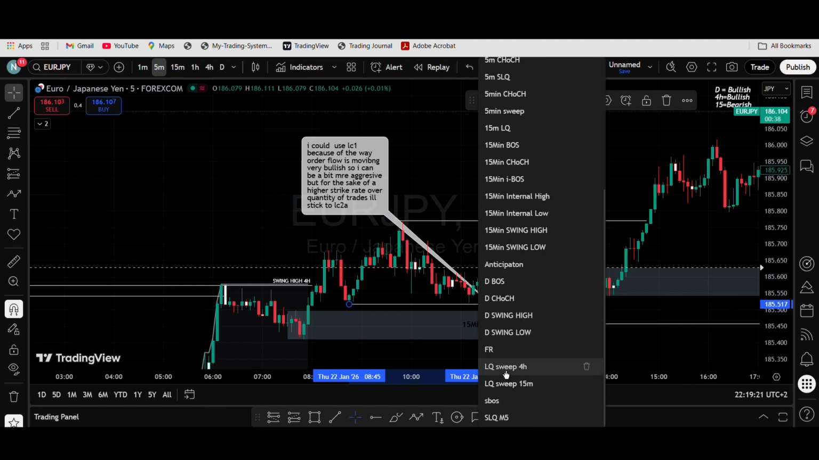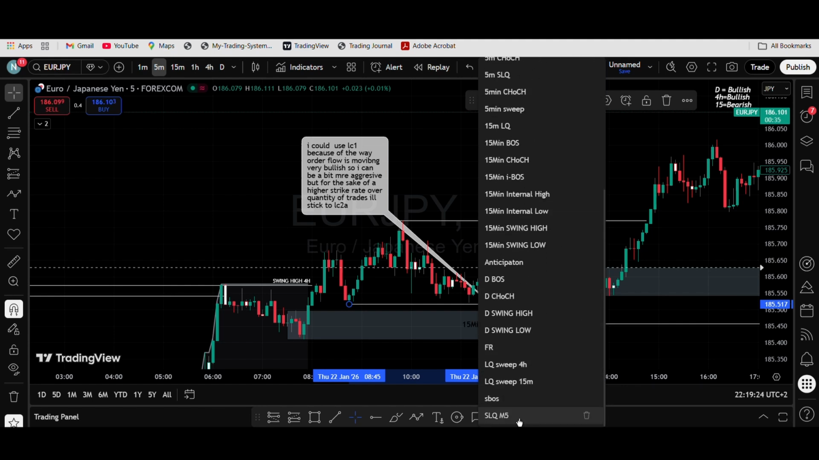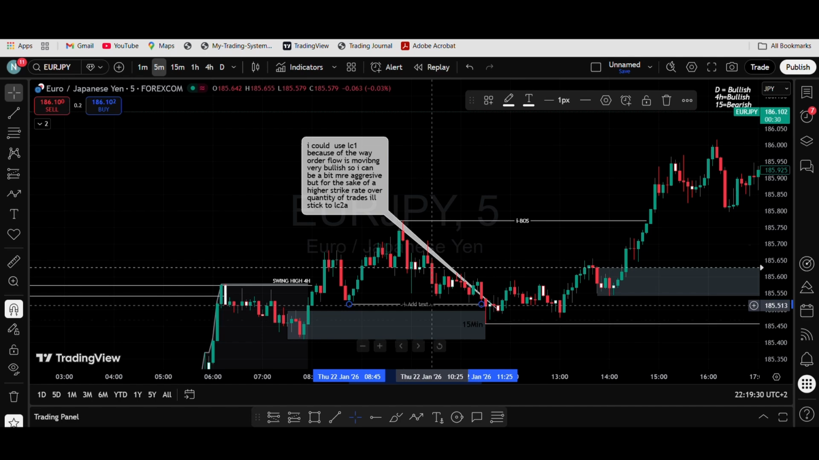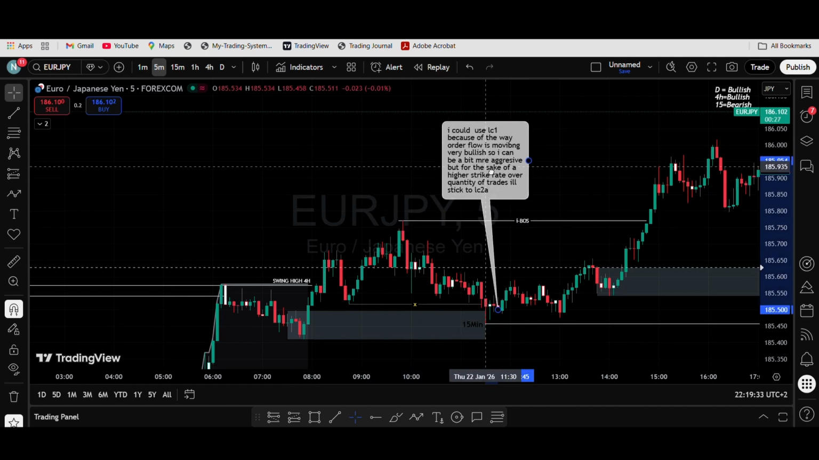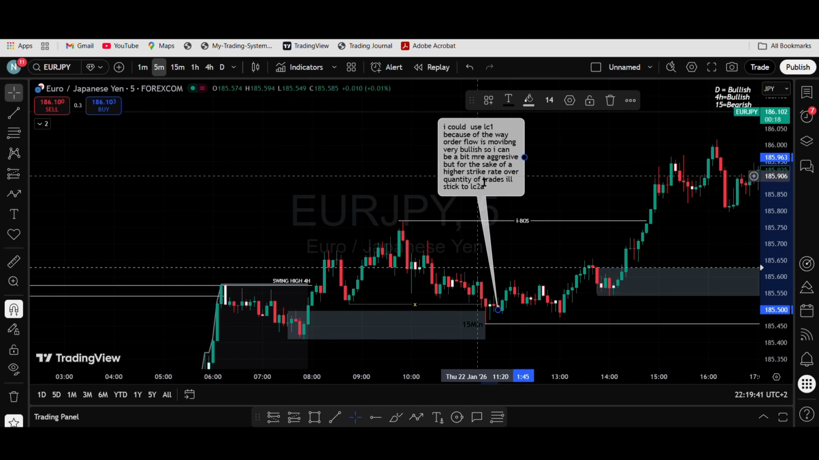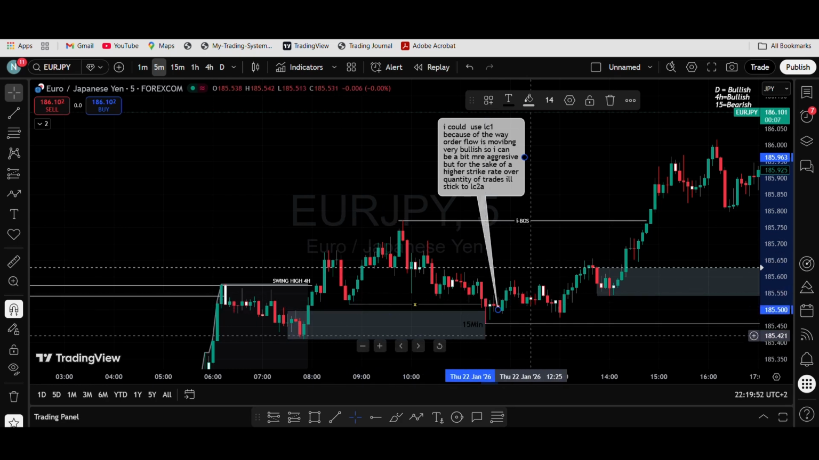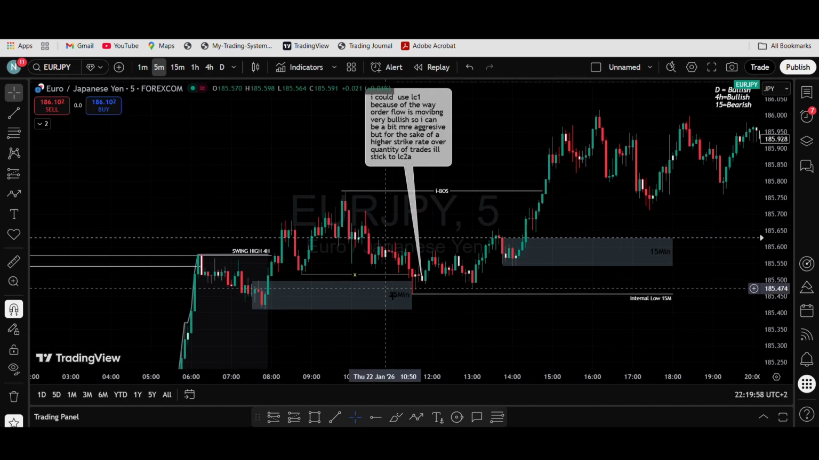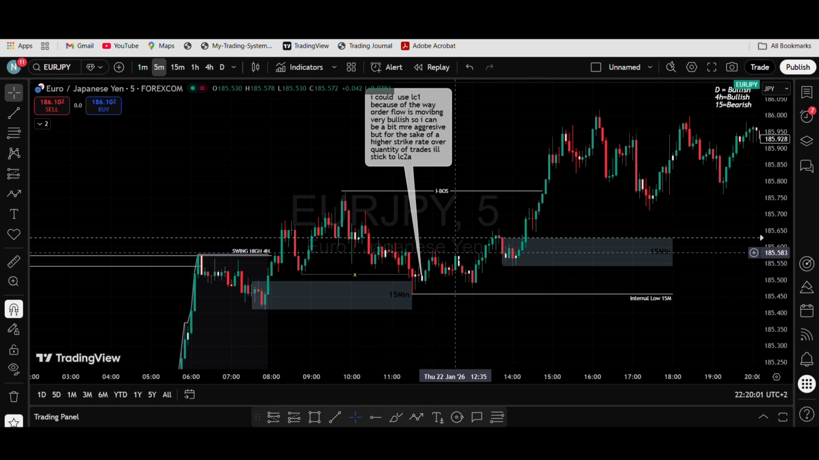but yeah, I ended up not taking this. Can I find my liquidity, please? Let's sweep it there. I even wrote this up as it was happening. It was there, literally there. I wrote this there. I could use LC1 because of the order flows moving very bullish high, so I can be a bit more aggressive, but for the sake of a higher strike rate over quantity of trades, I'll stick to LC2A, which didn't present in here, only LC1, but I generally don't use LC1, so I just didn't bother taking this one. And then it does end up working out